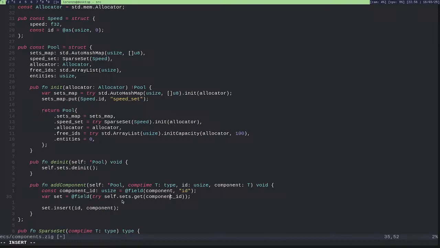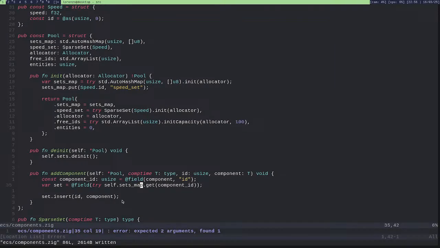The string will be try self sets map get component ID from self.